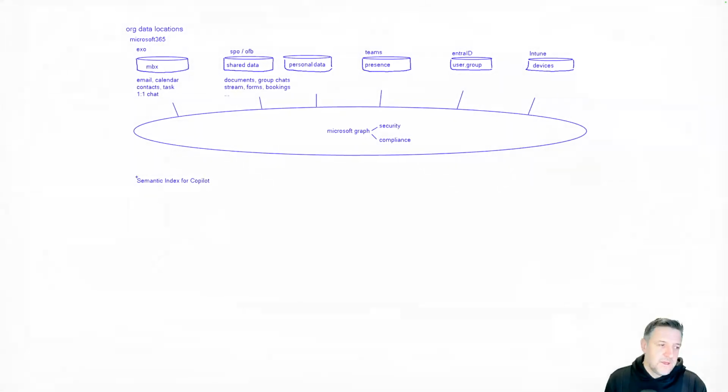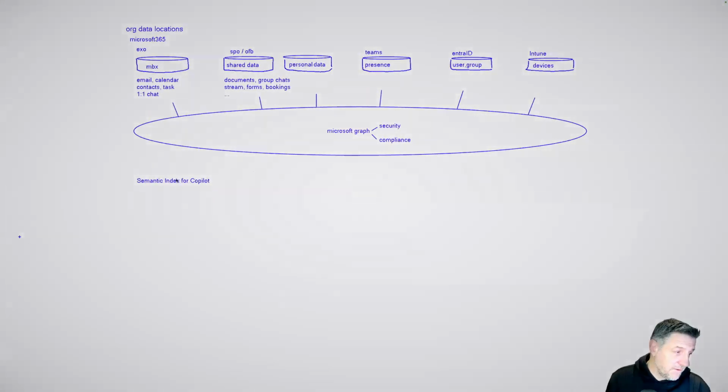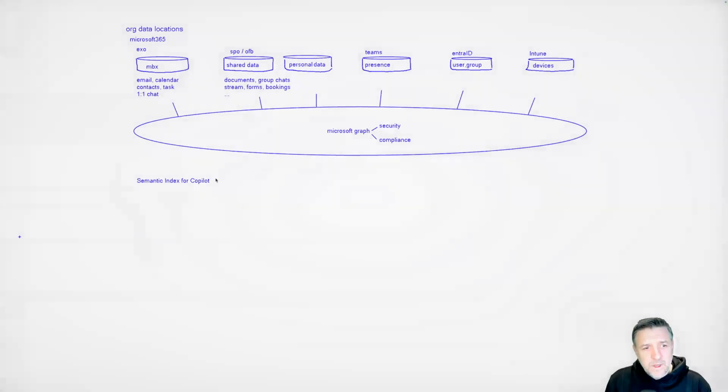That is the official name of the solution. The semantic index for Copilot has a very specific role: for each and every user, for each security related level of access, we are going to create an index that we can then